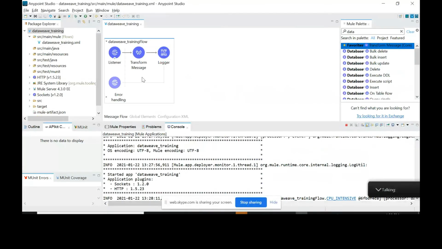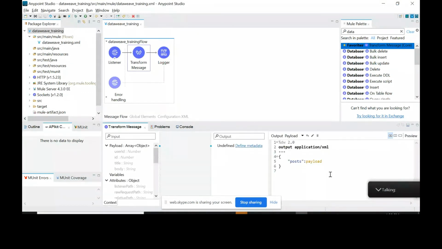Let's try and map it differently. It's a transform component, so you can't map an array. An array has more than one element in it. That's a payload. When you look on to the left, it says that it's an array of objects. So you create another element under POSTS. Delete the keyword payload and create, open a flower brace. Within the flower brace, press enter and write within double quotes